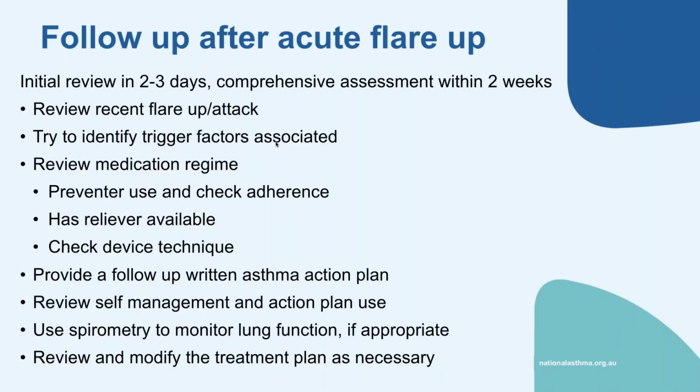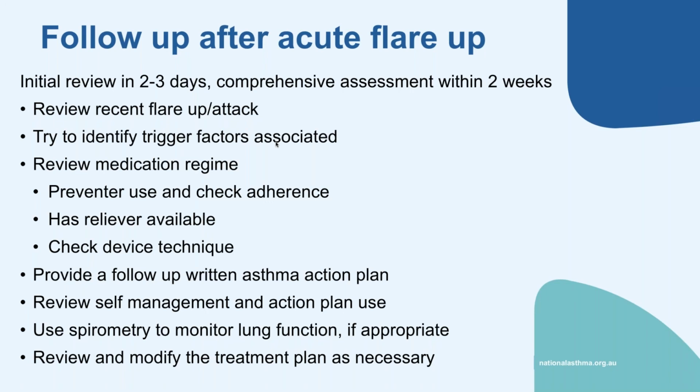Following up with a child after an acute flare-up, we would initially review them with the respiratory nurse or nurse practitioner or GP in 2 to 3 days, and then that comprehensive assessment within 2 weeks. Review that particular flare-up or attack, try to identify what triggers were involved, review medication, check preventer use and technique, check adherence, did they have a reliever available at the time, provide the follow-up written asthma action plan because the written asthma action plan will definitely change, review self-management and action plan use,